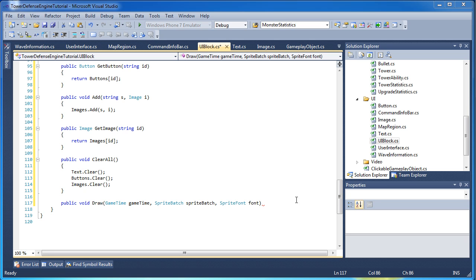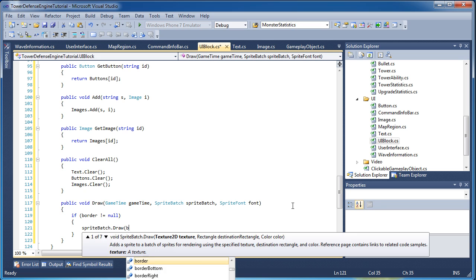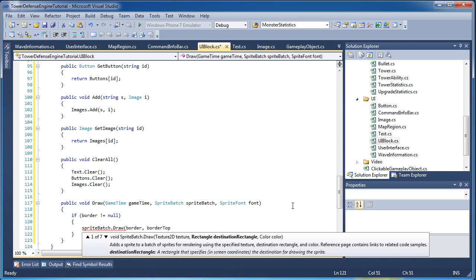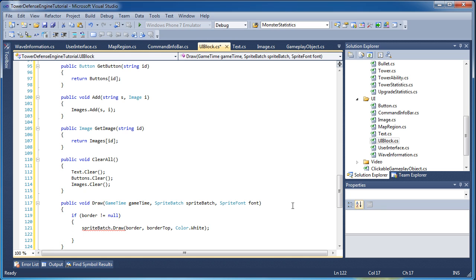Okay, so in order to draw the UI block, we need to do a couple things. We need to draw the border first. If border is not equal to null, we will draw each border section. So sprite batch dot draw the actual border texture, comma border top. Remember, we created those rectangles in the constructor. Comma color.white. We're drawing a texture, so we're just going to use color.white to draw the original look of the